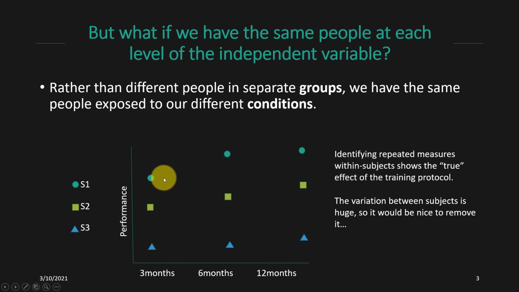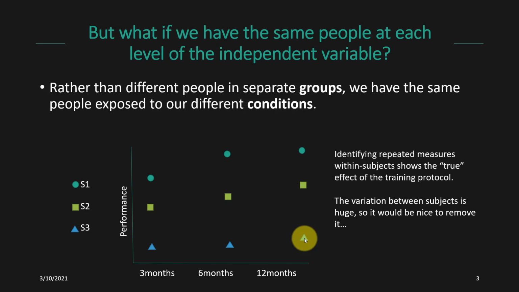However, if we recognize that these are actually repeated measures from within the same person over time, the improvements in performance become more clear. The overall pattern is a little fuzzier, but if we look at these 3 time points from subject 1, we can see that subject 1 is reliably improving over time. These are the data from within subject 2. Subject 2 also seems to be reliably improving over time. These are the data from subject 3, although it's a little more modest, they also do appear to be improving over time. So by identifying repeated measures within subjects, that shows us the quote-unquote true or a more accurate effect